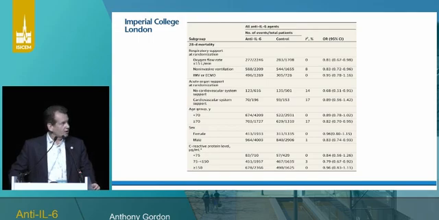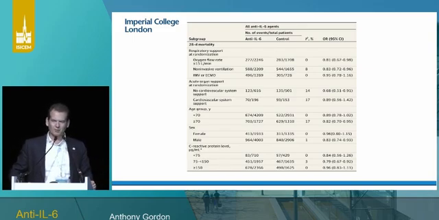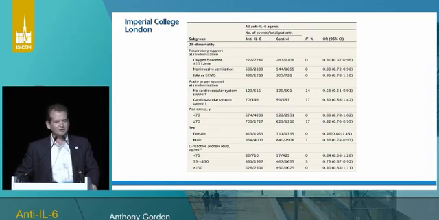What about subgroups? Well, you can see them all here, and I think people need to interpret subgroups carefully. Just because confidence intervals of a subgroup cross 1 doesn't mean the drug doesn't work. Some people have said to me, well, surely, does this show it doesn't work in women? I don't think that is the case. I think both genders should get the drugs.